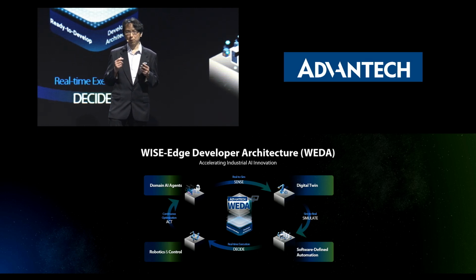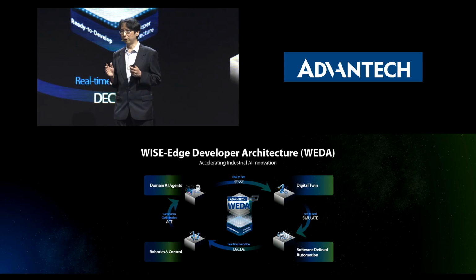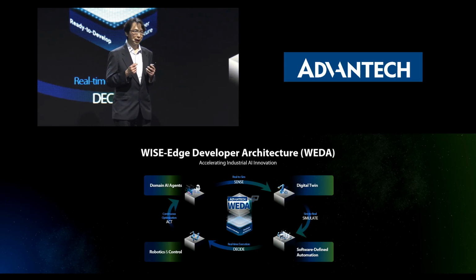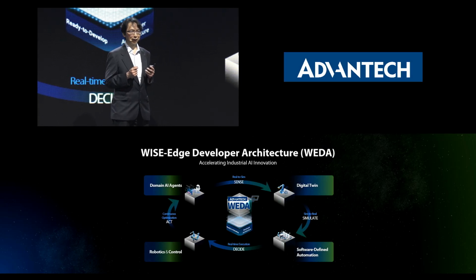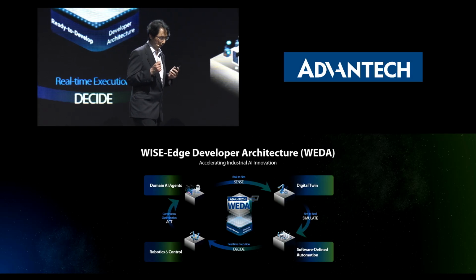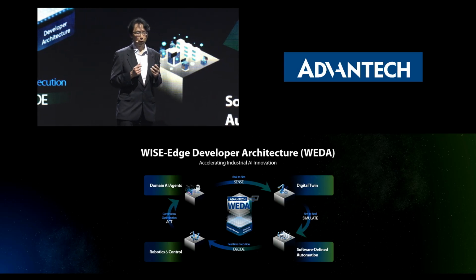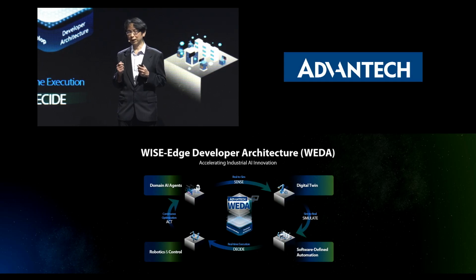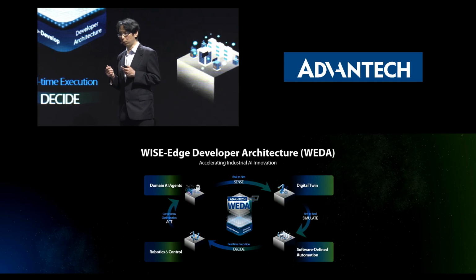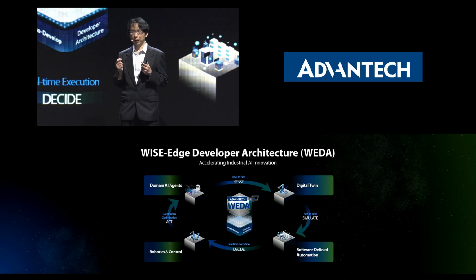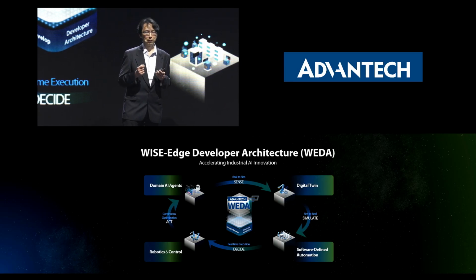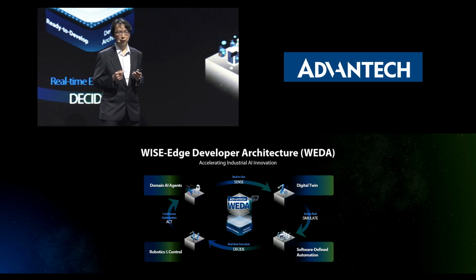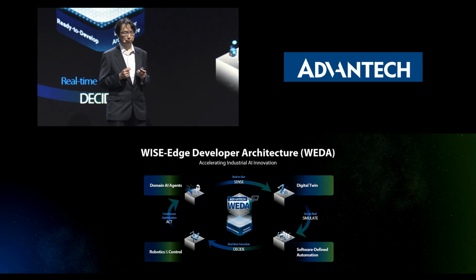And the third part is robotics and control. We know physical AI depends on a real-time operating system. Advantech provides a fine-tuned, WEDA-ready Linux to support this. And the last one is domain AI agent. WEDA provides a full set of skills and APIs to support state-of-the-art AI agent harnesses such as OpenClaw, NemoClaw, and Hermes. Okay, let me give a real demonstration and show how WEDA brings them all together.